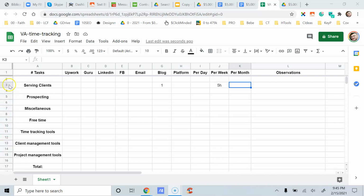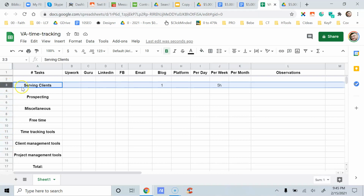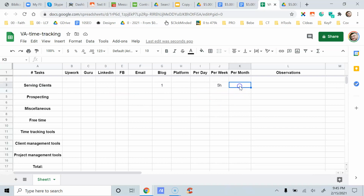Now we have to understand that this is just to serve actual clients. So if you have 1 client or 10 clients, I have no clue. You will have to do the math, and here in this column you will have to keep into account all these platforms where you are active serving clients. So if you got a client from a blog